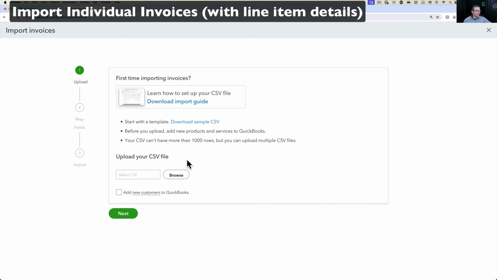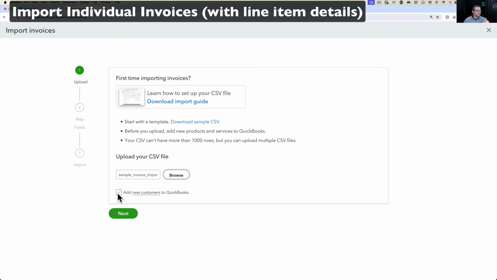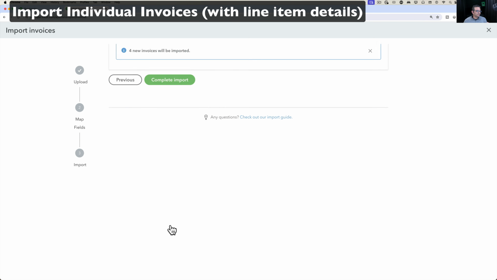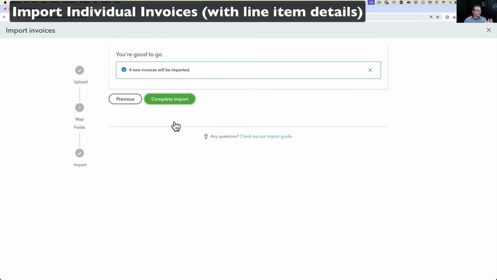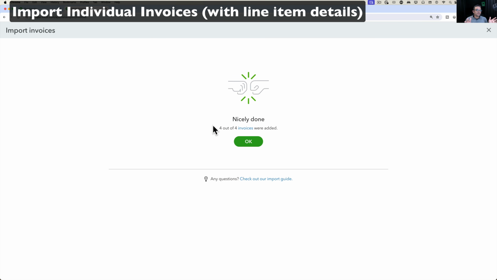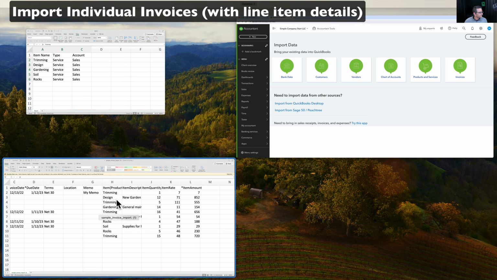Whereas if you're importing sort of past information, you would probably be respecting those invoice numbers that you have in your spreadsheet. So I'm just kind of showing you both methods. So in this particular method, QuickBooks will assign a brand new set of invoice numbers to those invoices. So you have to keep in mind, you need to be acutely aware of exactly what it is that you want to do. So I'm going to click on OK, and then I'm going to go back,